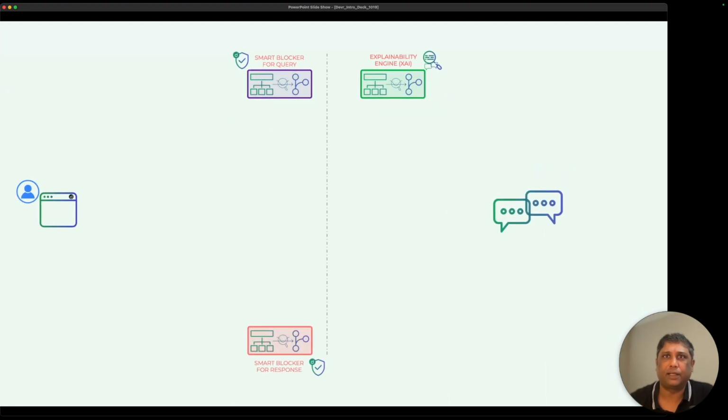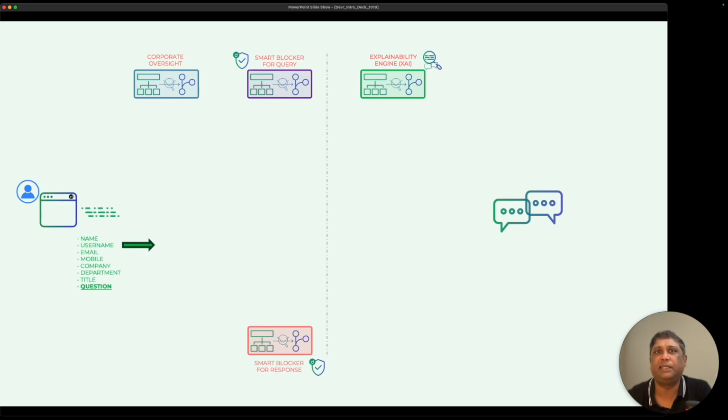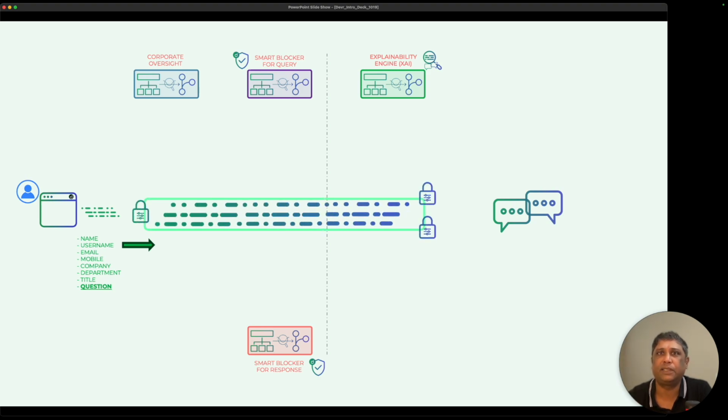When we look at the architecture for solving this problem, on one side we have the user who is generating the question. On the other side, we have the AI that's generating the response. What we're going to do is add a component to this architecture to represent corporate oversight. And now, whenever the user generates a question, that question goes into the decentralized privacy network. And the first thing we do is we store that information, the question and the metadata associated with that question, on a decentralized data lake. And this begins the first transaction of the query and response.